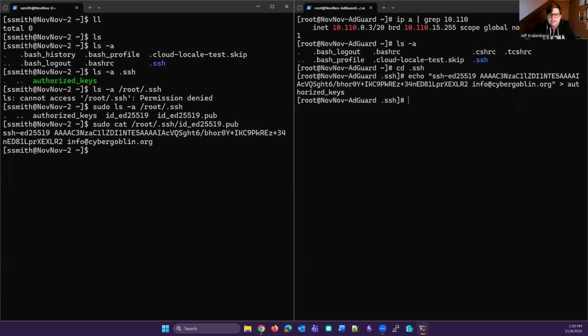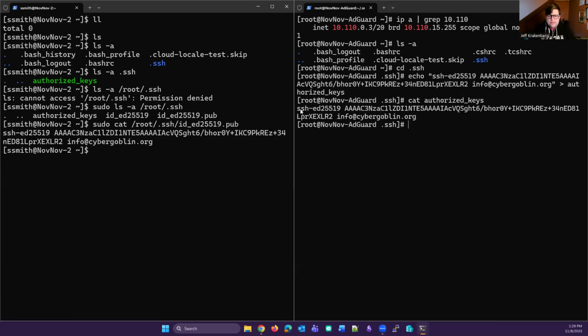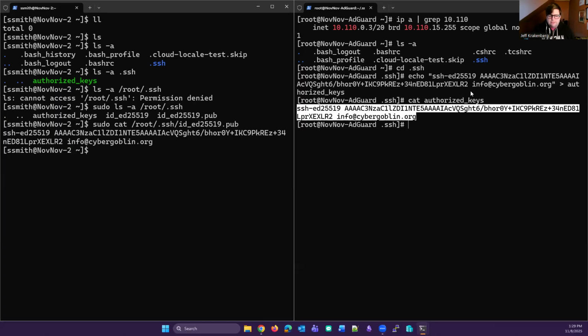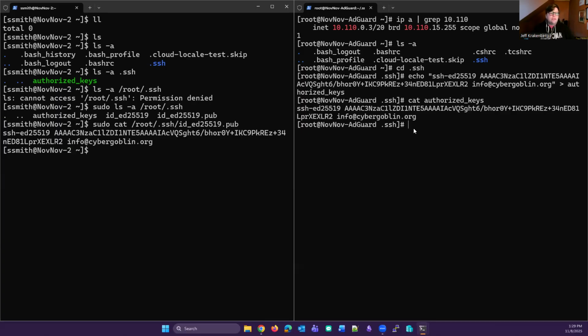Nice and neat. There it is in my authorized keys file. So again, picking up similar things we did previously, but now we're doing it from Droplet to Droplet. So now Steve Smith should be able to remote in to